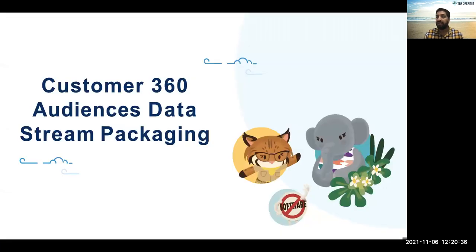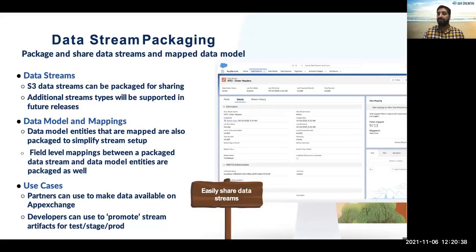At the same time, as I said, data streams will help you out. A data stream is nothing but the same as change sets: how you deploy your metadata, how you deploy your customer data and customer attribute data model to some other systems. The same way in Salesforce CDP, you have to package. Of course, everybody knows what packaging is. You have a managed package and an unmanaged package, which you learned in your past Salesforce packaging solutions. At the same time, you can package and share the data streams and the data model mapping as well.